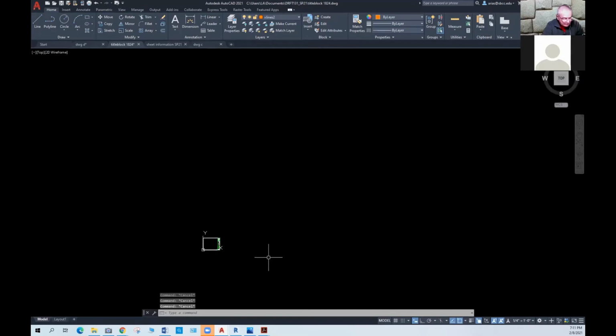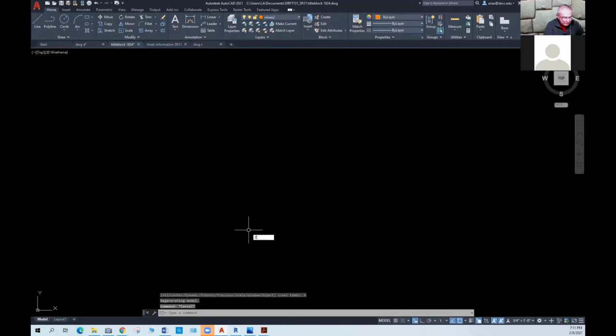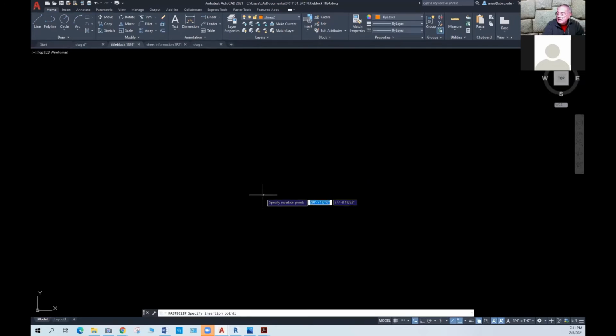Done. Now I'm going to select everything and delete it. Now I'm going to do this zoom extend, and I am going to clipboard paste, and we're going to bring that at 0, 0. Zoom all, zoom extend,